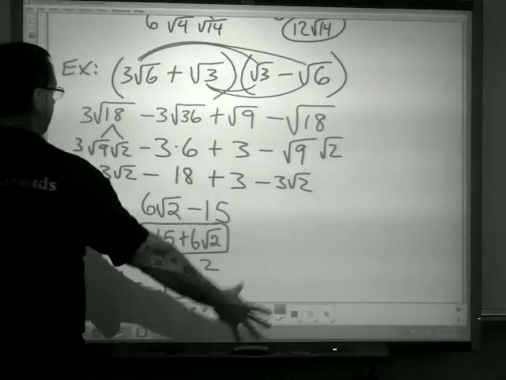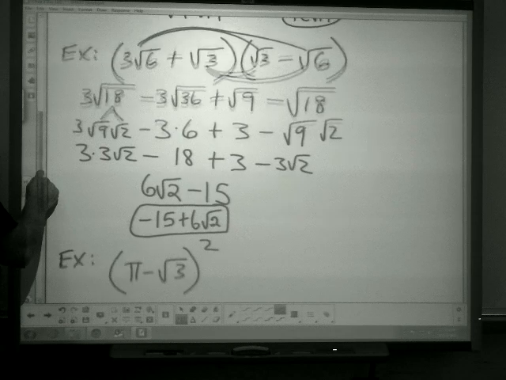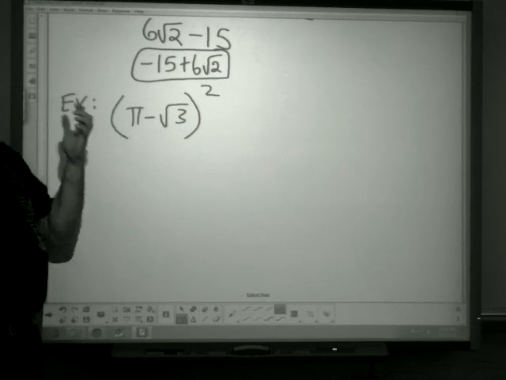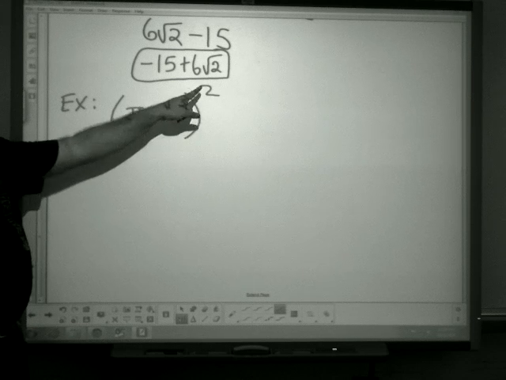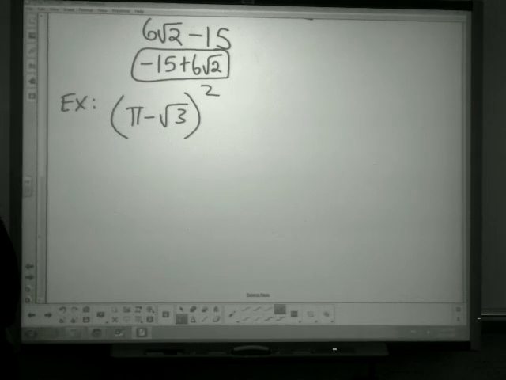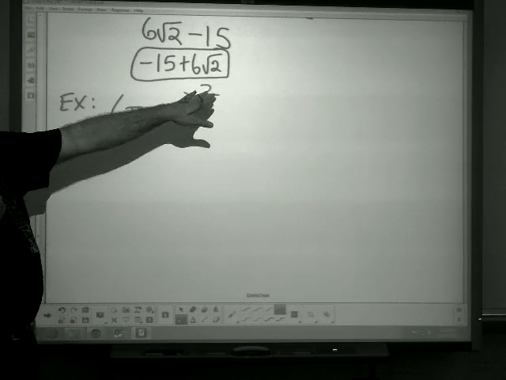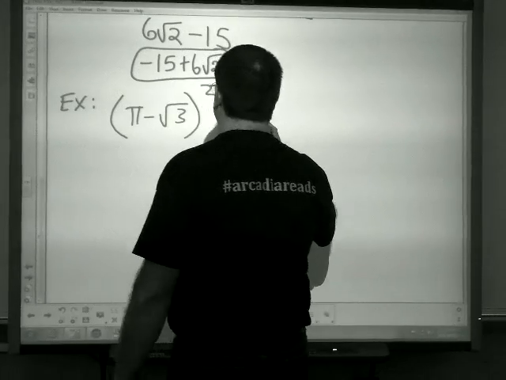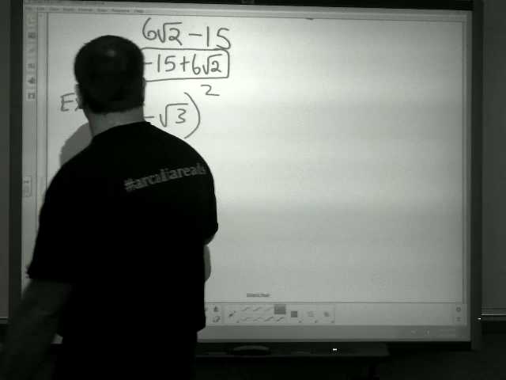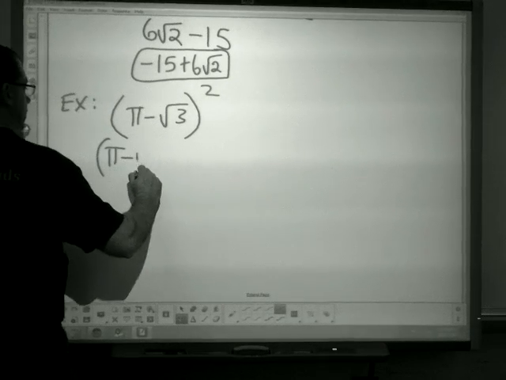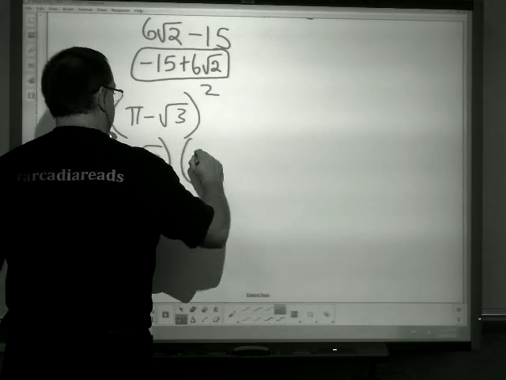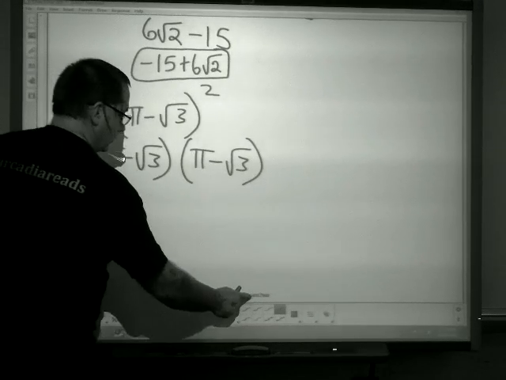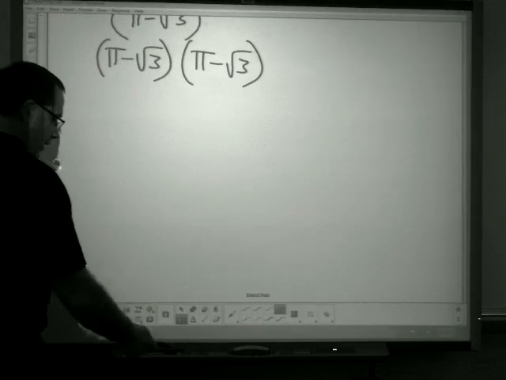Last one we're going to take a look at. Then when we come to class, we're going to work on these. Okay, last one. Pi, I can put pi there, it doesn't matter. Pi minus radical 3 squared. Well, my tip would be when something is squared is to write it twice and then FOIL. So I'm going to write pi minus radical 3 times pi minus radical 3. Okay? So now,